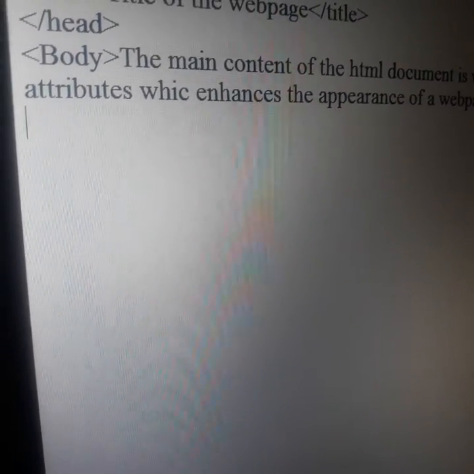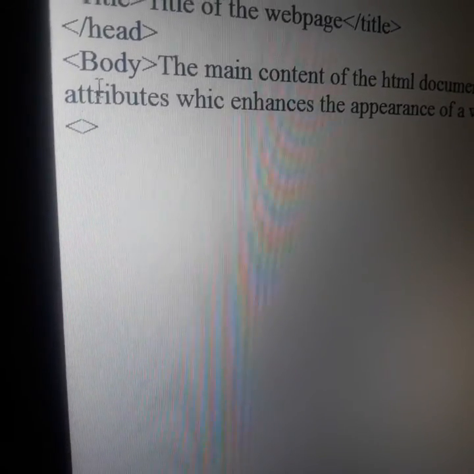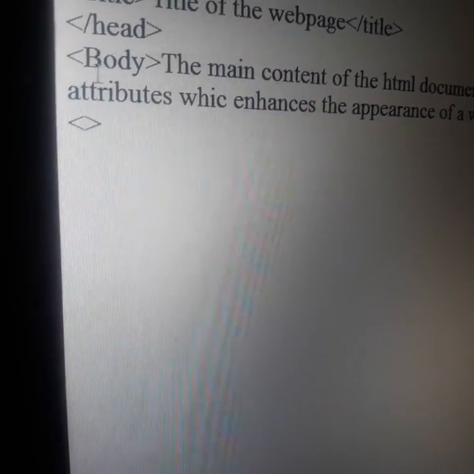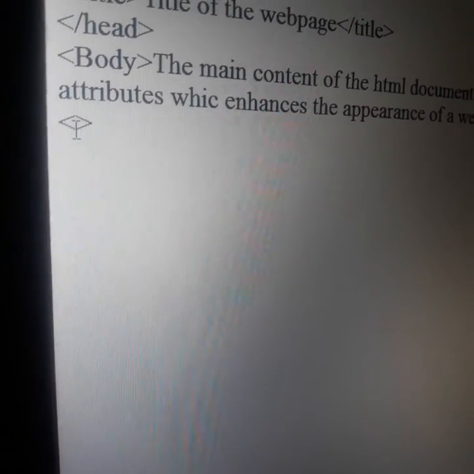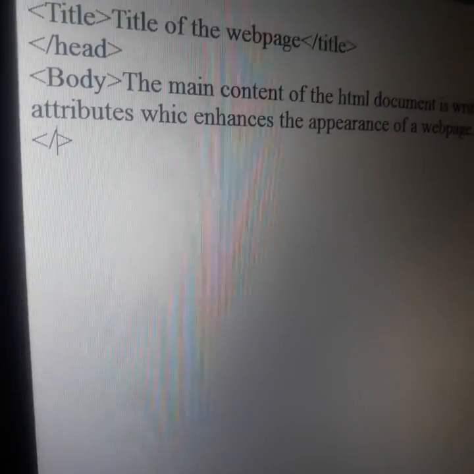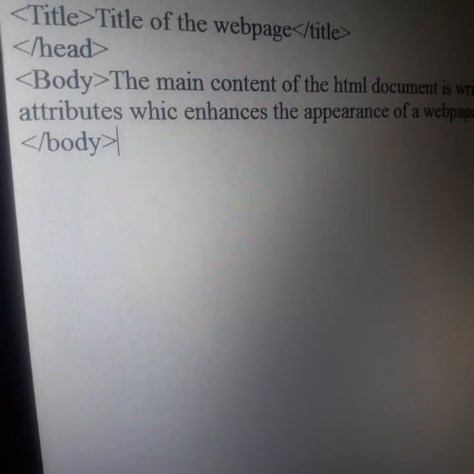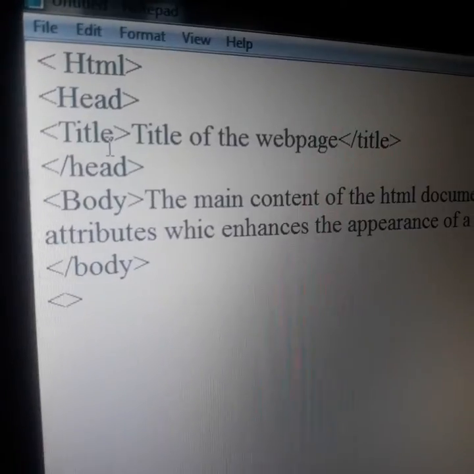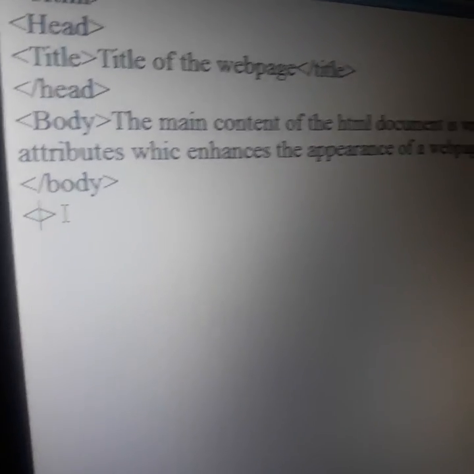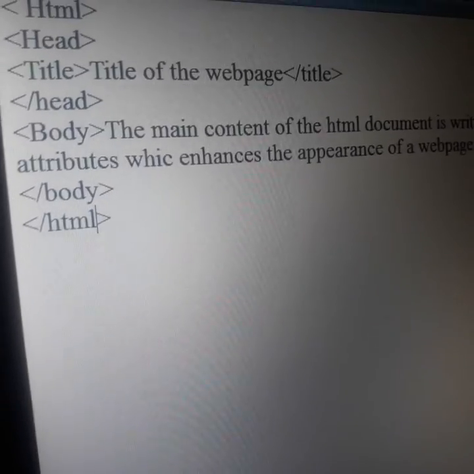Now how to close the HTML document? The last tag opened is body, so we are going to close it. After writing the main lines, the sentence, we close the body tag. So here we have used /body. Press enter. Now students, we will close what is left. We have closed the head and the title, but the HTML is not closed. So we will now close HTML. So our document is complete.